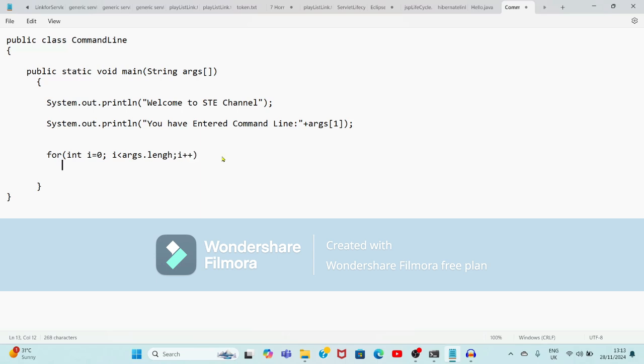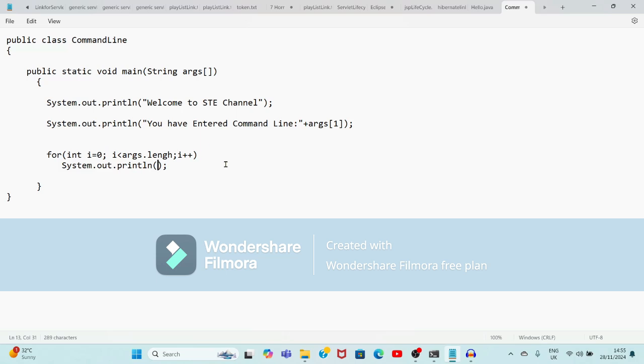And here I will pass the argument, using the statement System.out.println. Here we are passing an array of strings and its name is args, arguments. So we take a for loop which goes from int i equal to 0 to the length of that array.